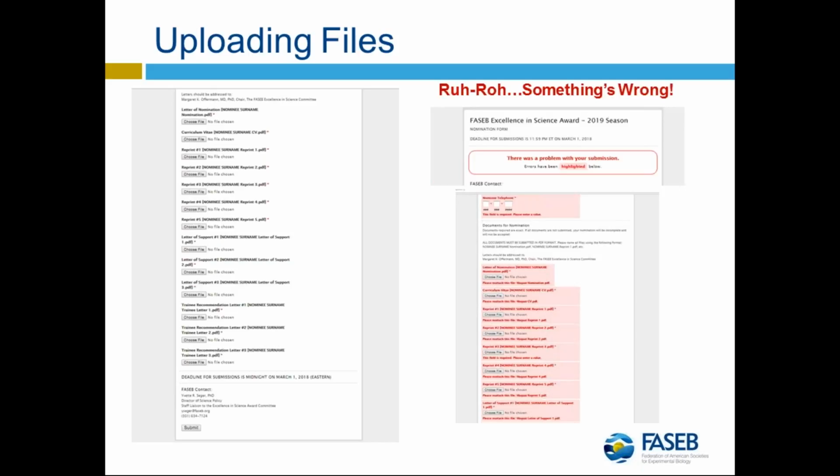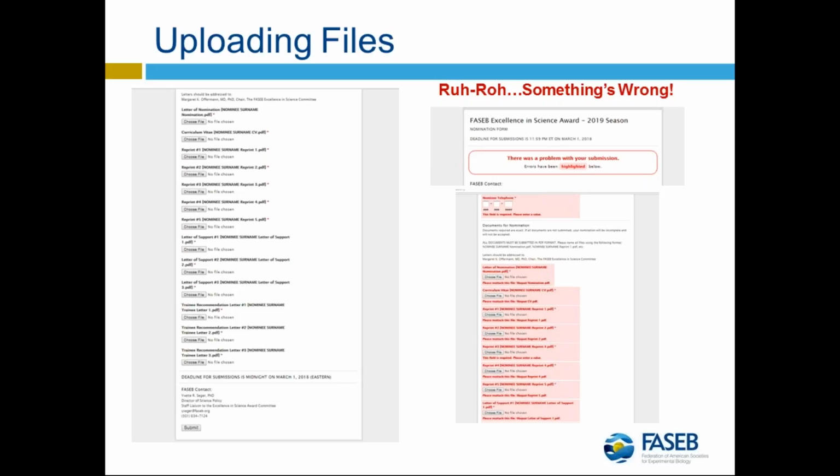The way you'll know that something's gone wrong with your upload is that the form will show you. There are lots of things that have asterisks, which means that they're mandatory information. You'll also see that it'll tell you if it had difficulty uploading your documents. I will tell you, having played with the form quite a bit to try and break it, if you don't fill out any of the information in the open text box form at the top, it will automatically not upload your documents. So everything will show up red.